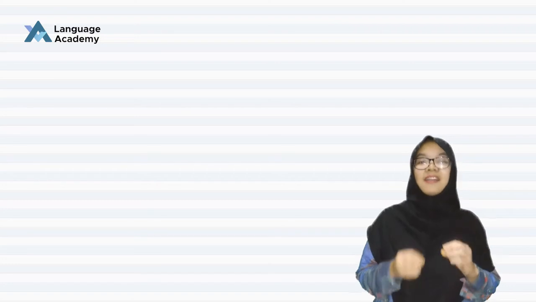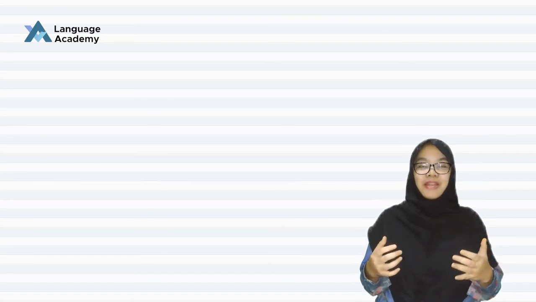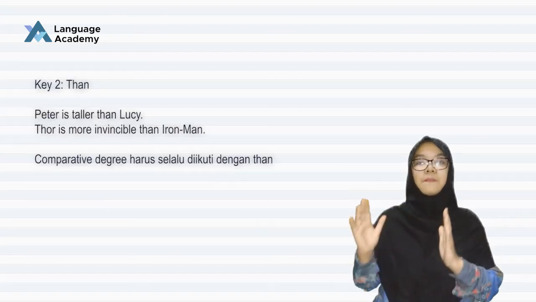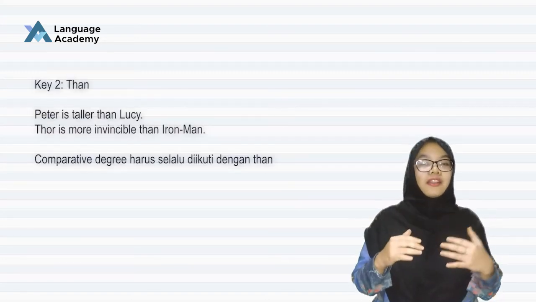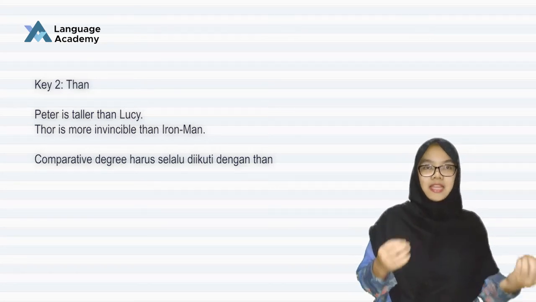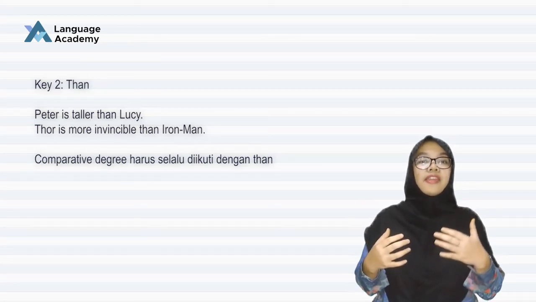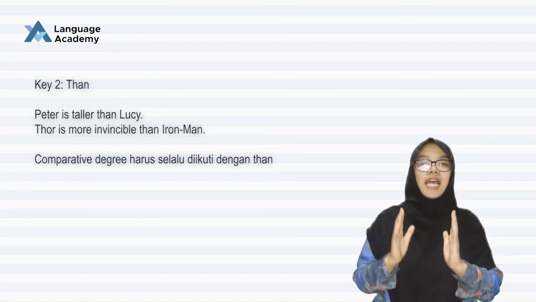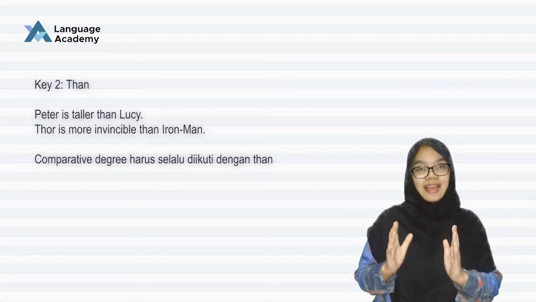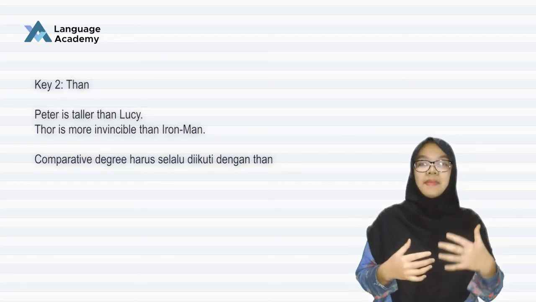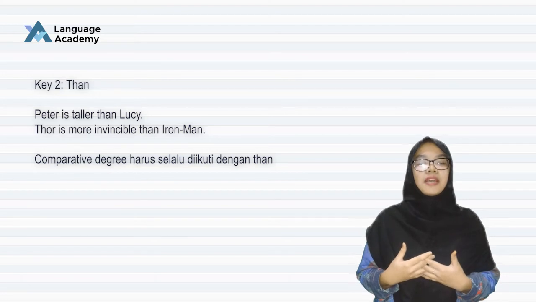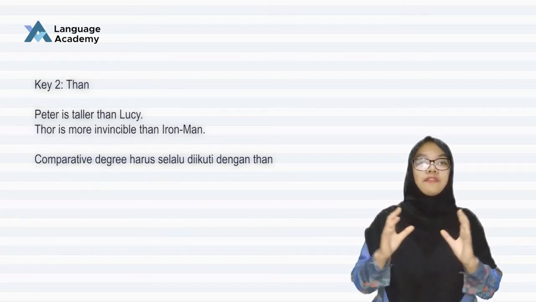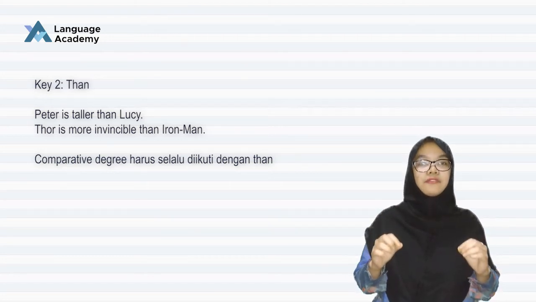Kunci kedua adalah than. Kalau teman-teman perhatikan dari contoh-contoh saya tadi, for example, when I say Peter is taller than Lucy, atau Thor is more invincible than Iron Man. Kalau teman-teman perhatikan, setelah kata sifat selalu diikuti dengan than. Nah, teman-teman, jadi kalau misalnya teman-teman mau menyatakan Peter lebih tinggi dari Lucy, what you have to say in that sentence is you have to use than,